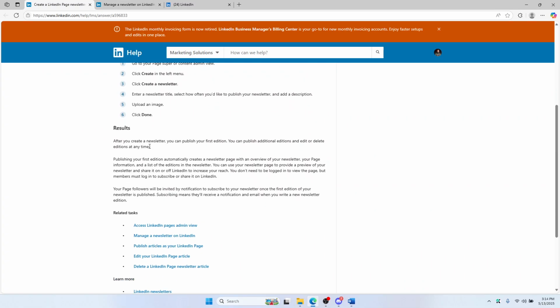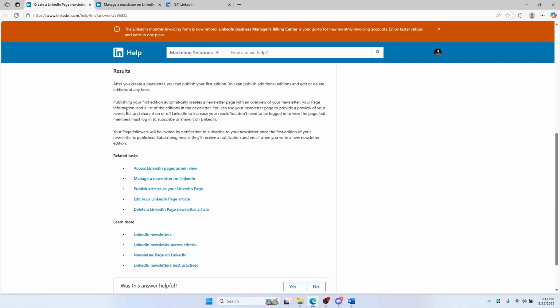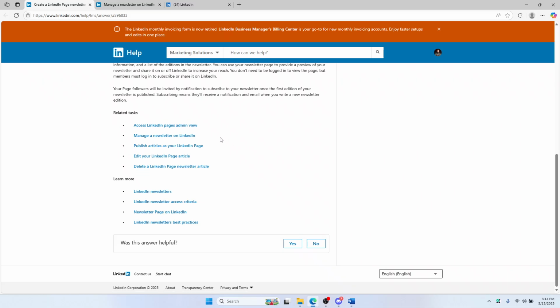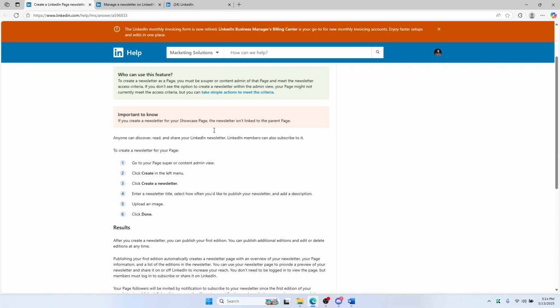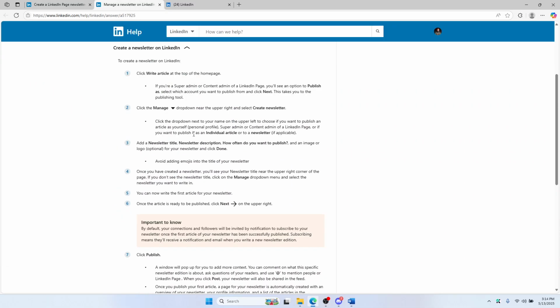And after you create a newsletter, you can publish your first edition almost immediately, and you can publish additional editions or edit or delete editions at any time. So also, if you want to make better newsletters, just search YouTube and search for how to create better newsletter on LinkedIn, and you'll find a lot of ideas you can